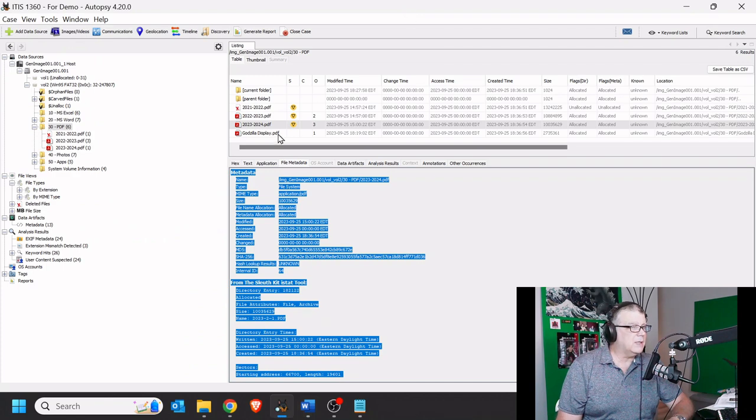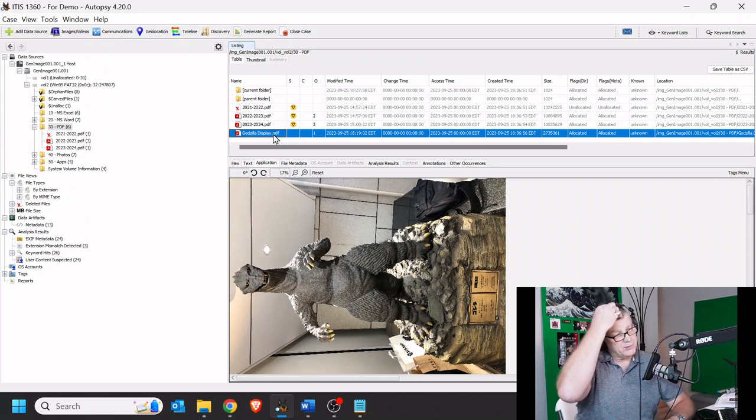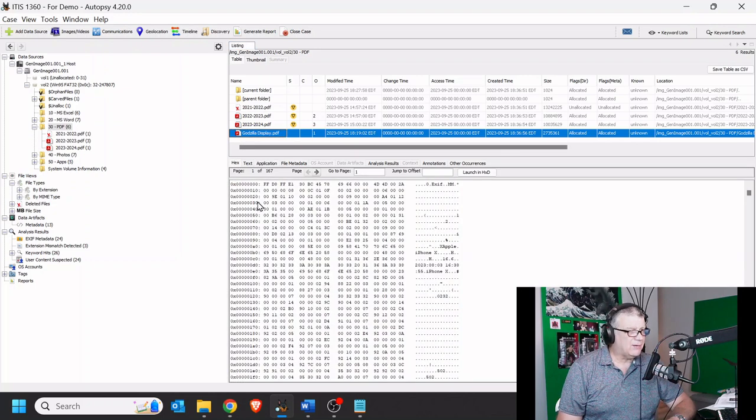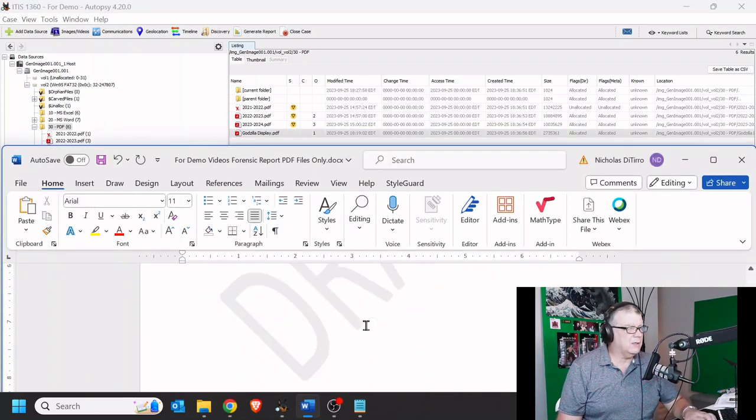And then finally, we have another PDF file, and this appears to be an image, right? It does say a PDF as a file extension. Hex, that's not PDF, right? Now, that may not be suspicious. Some people may say, oh boy, it looks suspicious that they're taking images. But it could have been by accident. So let's not jump to any conclusions. But what we're going to have to do is document that this appears to be an image. So this file is